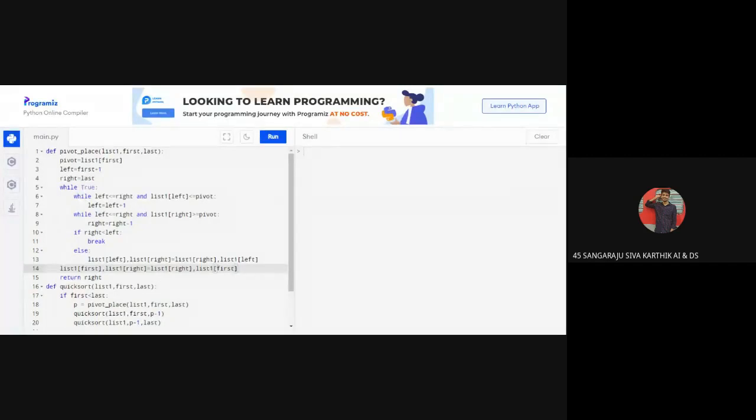If this statement is false, then it changes the left and right values of the list. I will explain in this program. If this statement is true, it goes one step forward continuously. When this statement is false, then it will swap the two elements. That will occur in those lines of code.